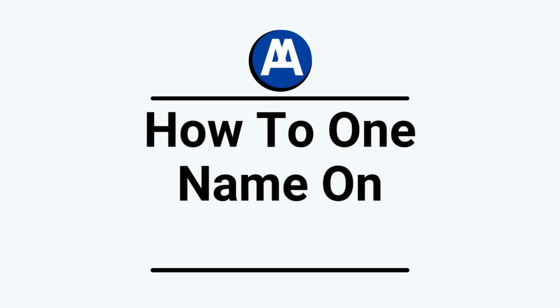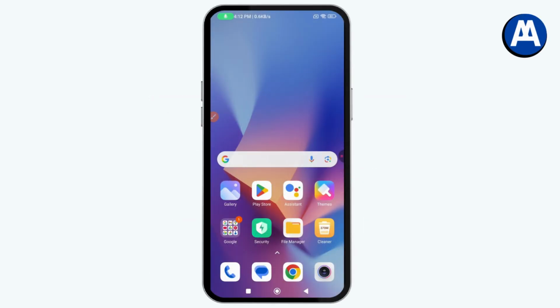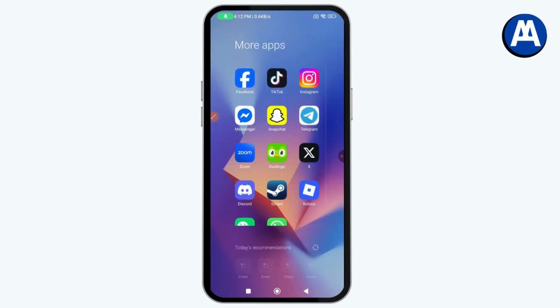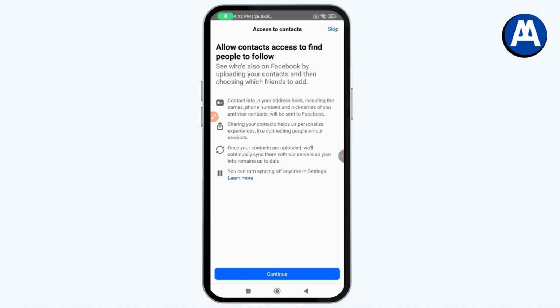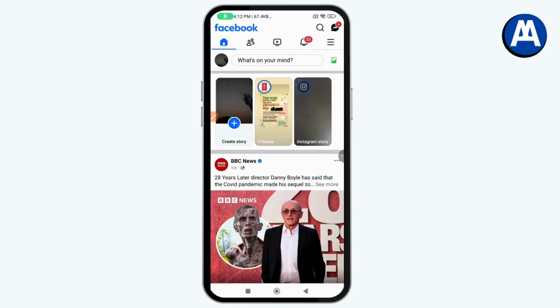How to add one name on Facebook. So if you want to add only one name or single name on your Facebook, then first you need to open up your Facebook application. After opening your Facebook, you just need to go to the upper right, which has the 3 horizontal lines, and